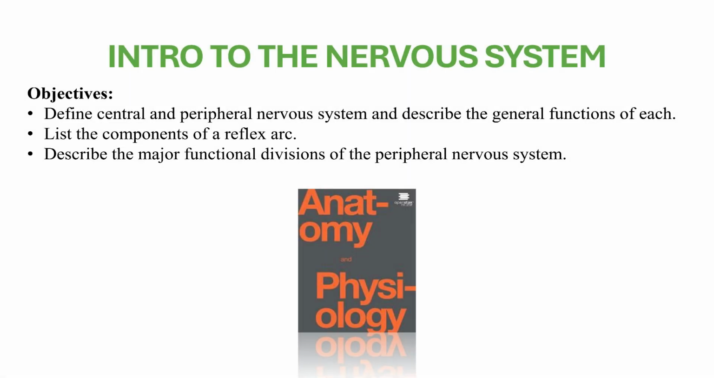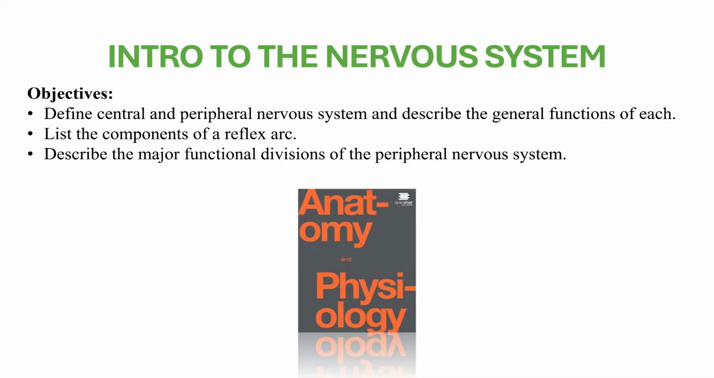This video will introduce the nervous system, one of the most fascinating and complex systems in the human body. In this lesson, we'll explore two major components that work together to coordinate all of our body's functions: the central nervous system and the peripheral nervous system. By the end of this lesson, you'll understand what these systems are and the crucial roles they play in keeping